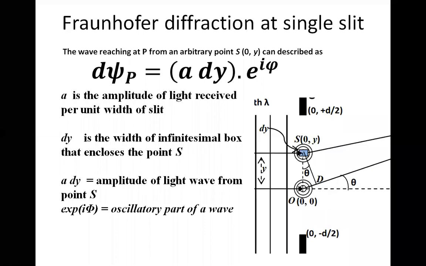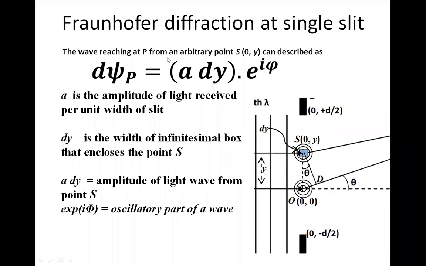Take the wave example, y equal to a sine theta, y equal to b cos theta. What is that sine theta, cos theta representing? Is it not the waving or oscillating part of the wave? After all, a and b are constants, no? A is amplitude, b is amplitude. So some constant term multiplied by an oscillatory term, that is what you call a wave mathematically, right? So here I am assuming that e power i phi is the oscillating part and a dy is the amplitude. You may have a sudden confusion.